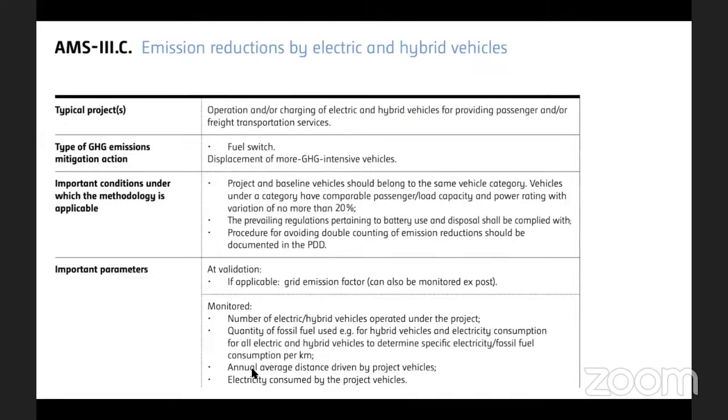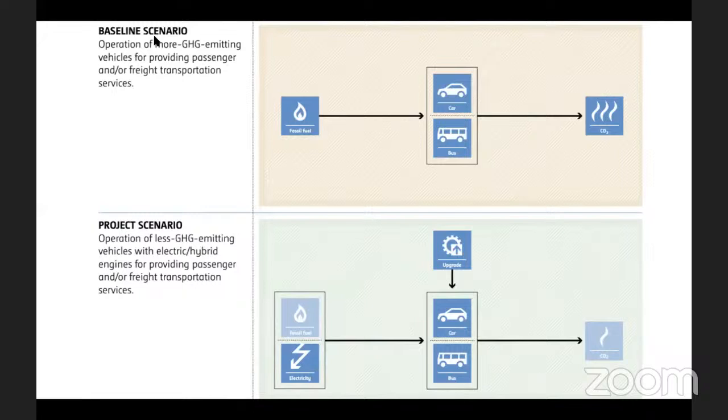Annual average distance driven by project vehicles, electricity consumed by the project vehicle というパラメータが出てくると。で、実際のベースラインシナリオはどうなっているかというと、フォッシルフューエルを使ってカーを走らせて二酸化炭素が出てくると。なので、operation of more GHG emitting vehicles for providing passengers and or freight transportation services。プロジェクトシナリオは電気自動車で、例えばエレクトリシティでカーを走らせるので、CO2について、もう一つアップグレードというところで、実際これを変えていくということですね。Operation of less GHG emitting vehicles with electric or hybrid engine for